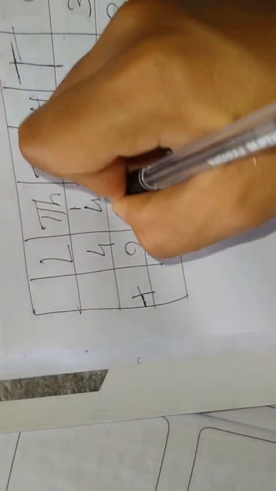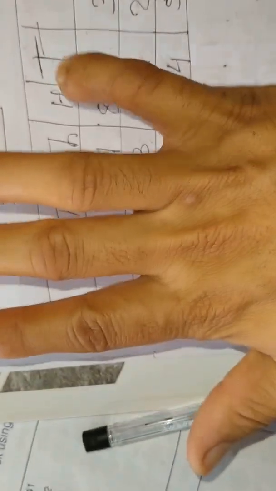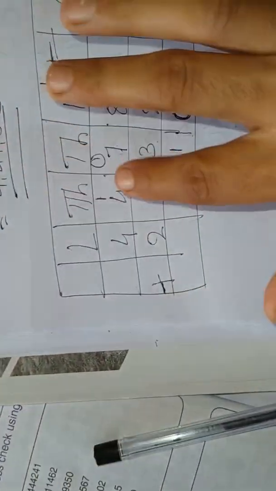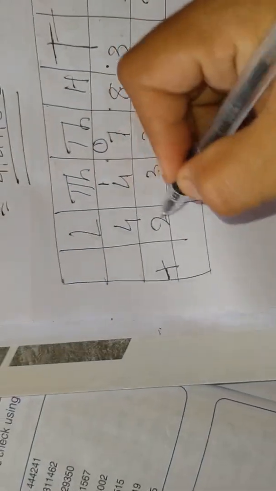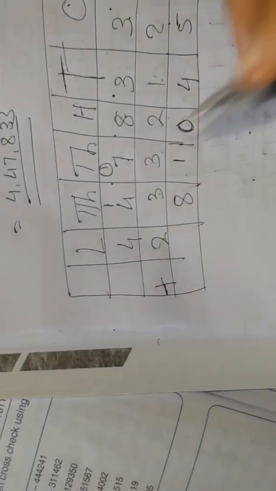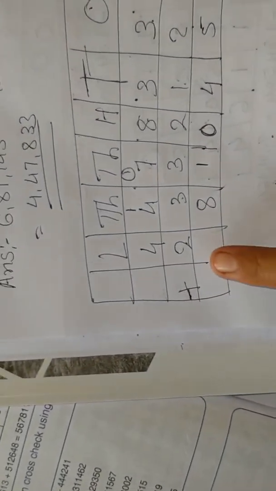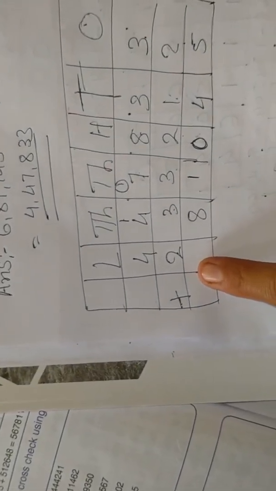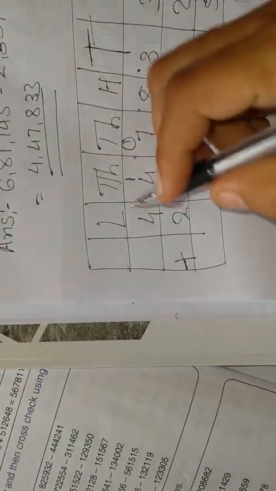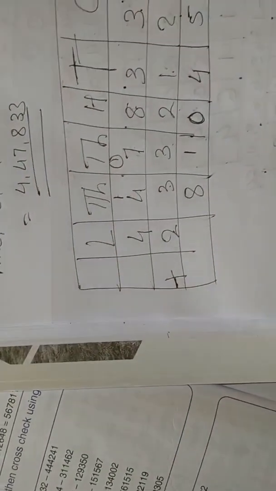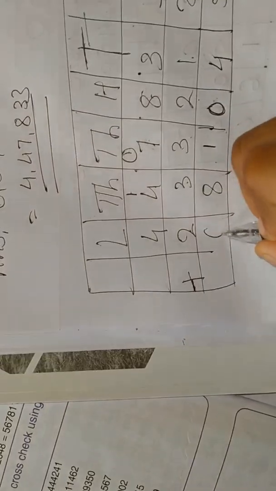1 plus 4, 5 is there, 5 plus 3, 5 on your mind, 3 on your finger, 5 then 6, 7, 8. So here we have to write 8. 4 plus 2, 4 on your mind, 2 on your finger, 4 after 5 and 6. So here we have to write 6.